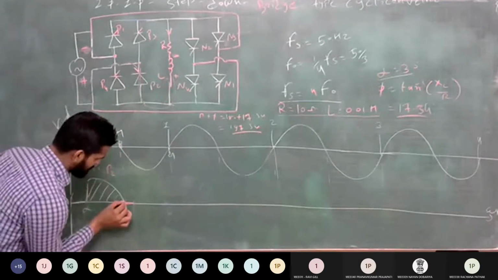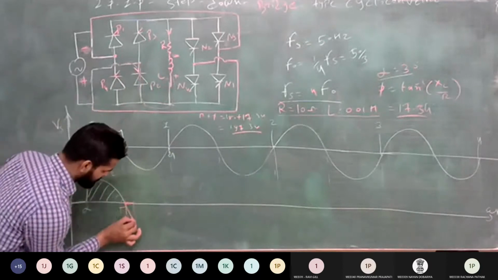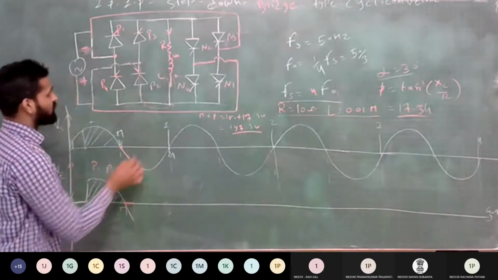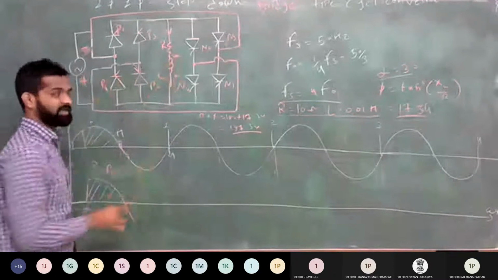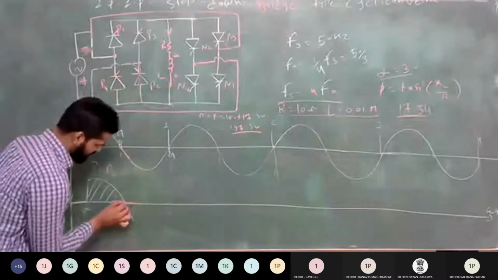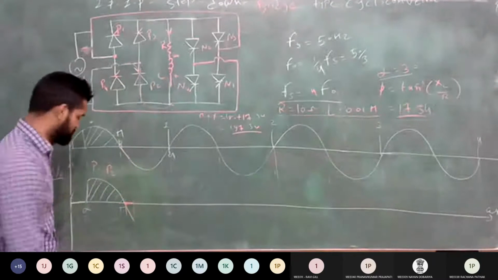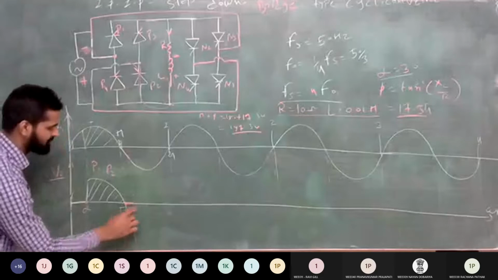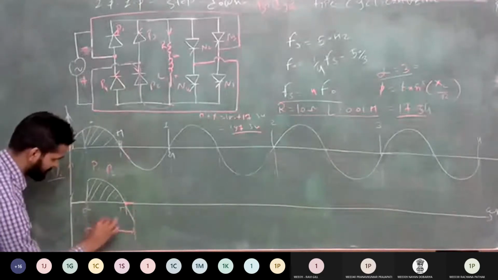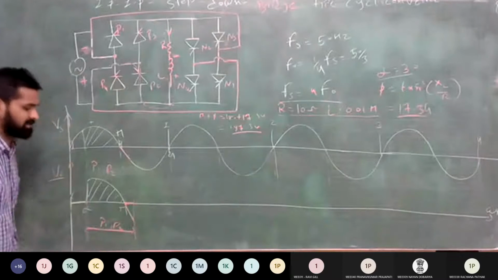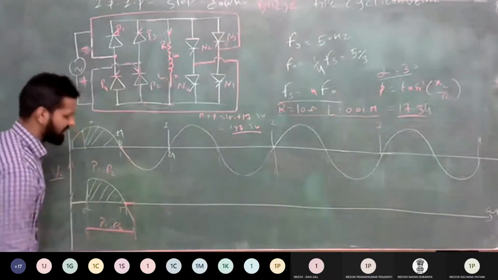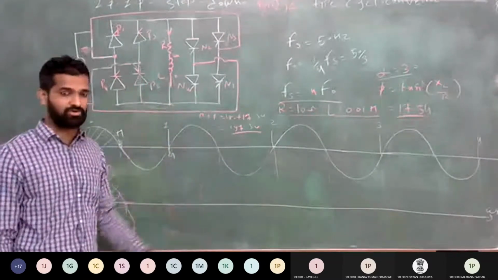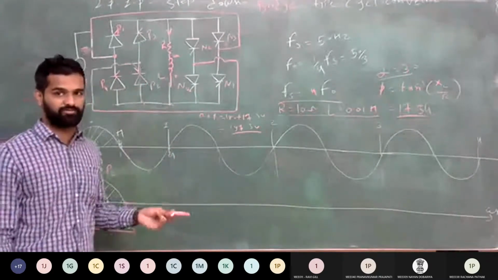So after pi, P1 and P2 are still conducting, but the supply voltage becomes negative. You can see that the supply voltage becomes negative. So whatever supply voltage you get across the load side is negative, so at the load side also you get the negative voltage. So conduction of P1 and P2 is from alpha to pi plus phi. Clear? At this angle, pi plus phi, the whole inductor is discharged. It means the current flowing through P1 P2 becomes zero, so P1 P2 become completely off.